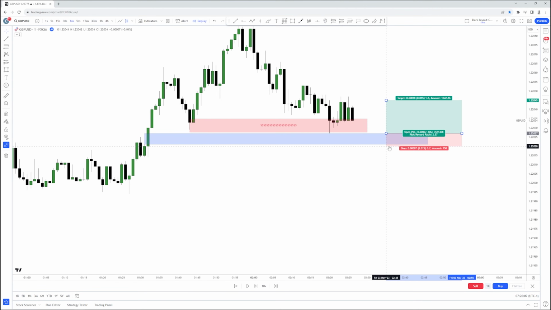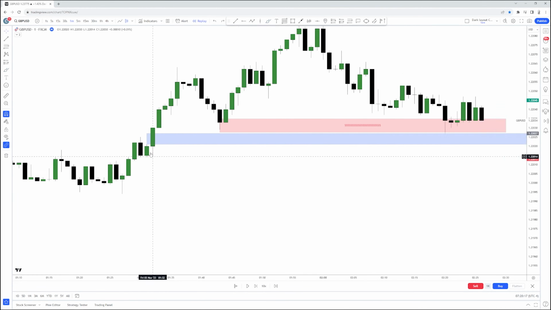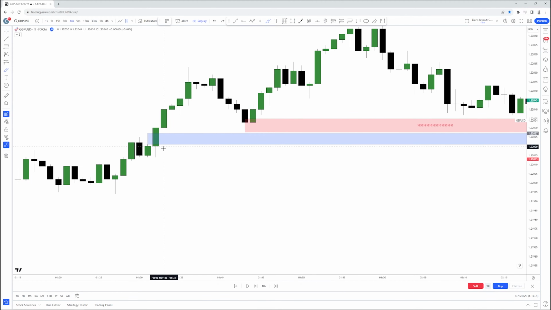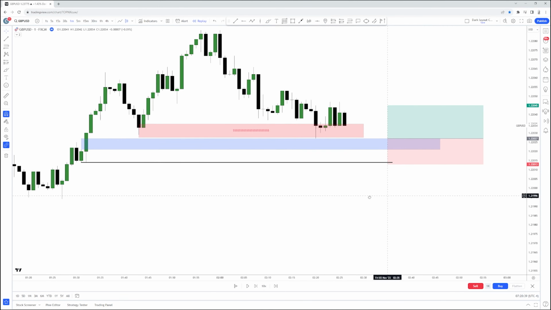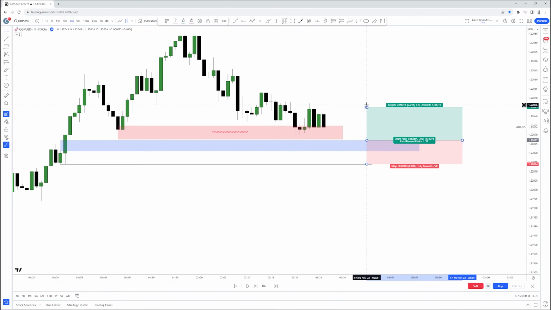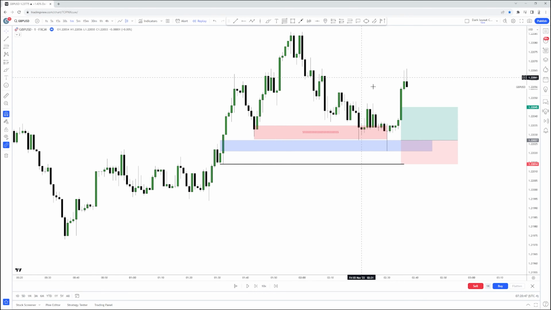You can either place a stop loss below the fair value gap, or below the lows of this area right here, or even below this candlestick, which is the middle candlestick that created the fair value gap, or the first candlestick out of the 3 which created it. So this is number 1, this is number 2, and this is number 3. I will place my stop loss at the bottom of the first candlestick which created the fair value gap, and I will make it very tight,